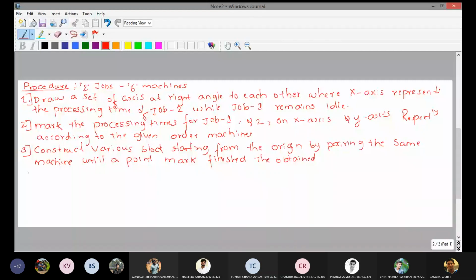Now, what is the fourth step after constructing the blocks? See here why I am writing in this process: you can solve n number of problems in this method. The final step is to draw a line, starting from the origin. This is more important to find out the idle time. Please understand the fourth point is more important for identifying the idle time. We have to mark to the finish